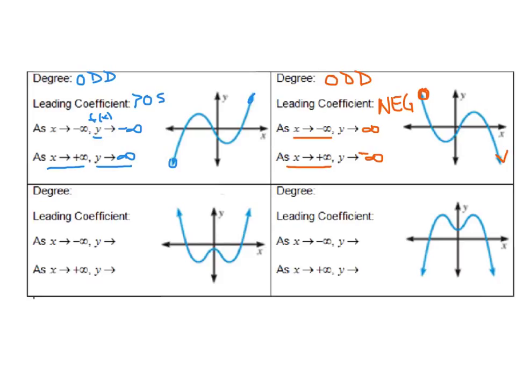Let's see if I can find another color. Let's grab some purple. Okay, let's see. Start high, finish high. That is an even degreed function. And I've got to be careful. This one's not only even degreed, but it is an even function itself because it is symmetric with respect to the y-axis. The leading coefficient is positive, and we're going to say both ends are going up. So y approaches